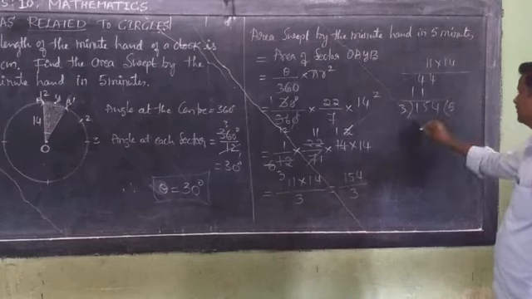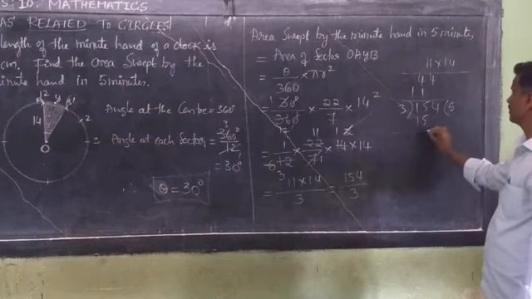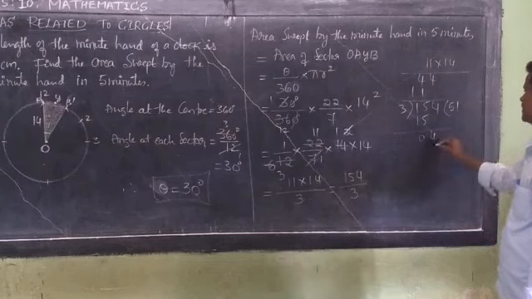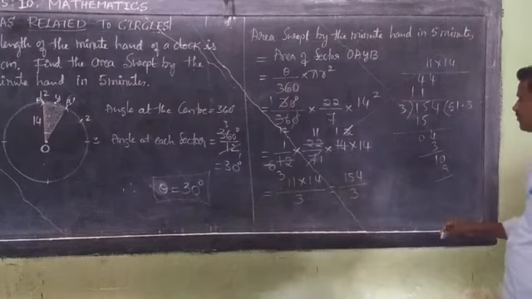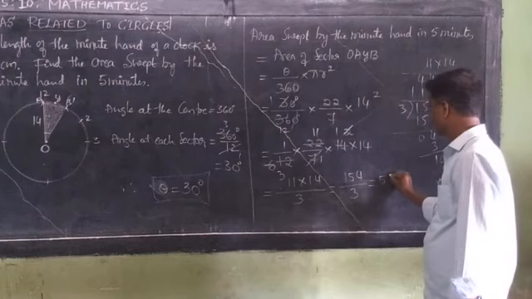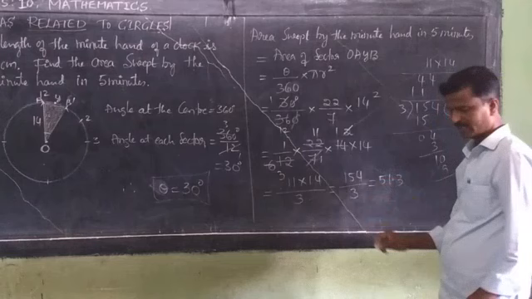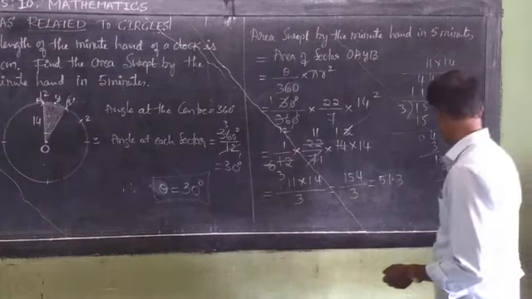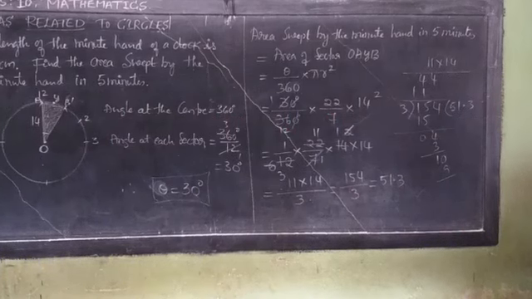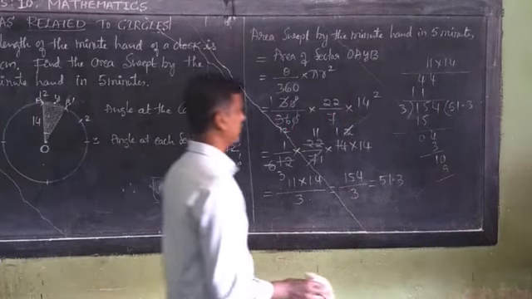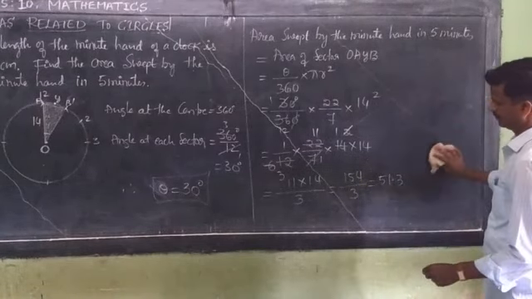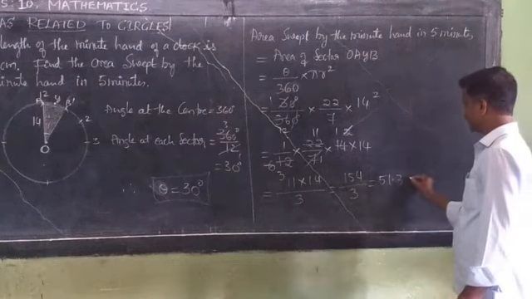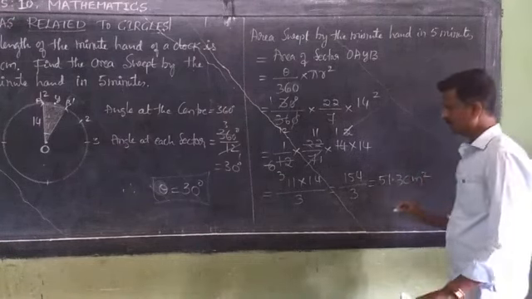Dividing, 3 fives are 15, 4 is remaining, 3 ones are 3, 1 is remaining, 3 threes are 9. So we get 51.3 centimeter square. 51.3 centimeter square is the